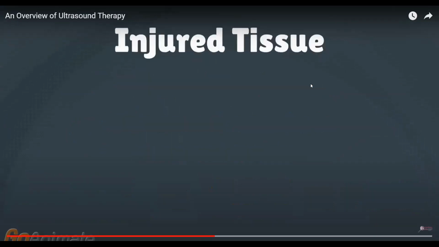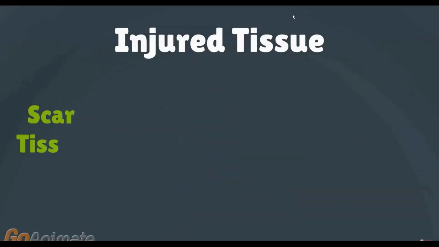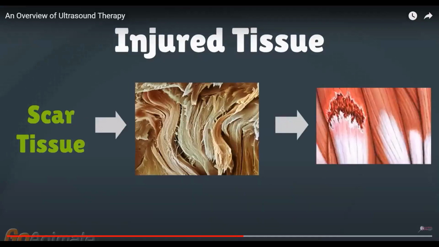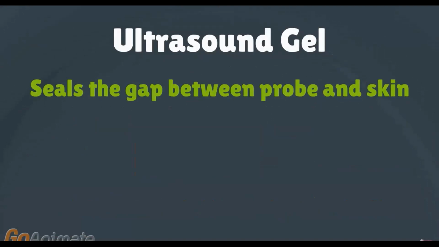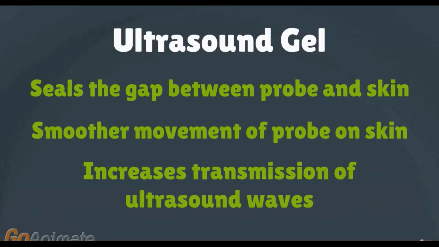The injured tissue consists of the areas inside the body that are targeted by the ultrasound waves for therapy. This may also include scar tissue made up of tough protein fibers that replace damaged body tissue. One of the goals of ultrasound therapy is to break down these protein fibers so that the injured body tissue can have more elasticity and/or better range of motion. The ultrasound therapy gel is a medium that provides close contact for the ultrasound probe with the skin. It prevents friction and allows easier transmission of the ultrasound waves to the patient's injured areas.